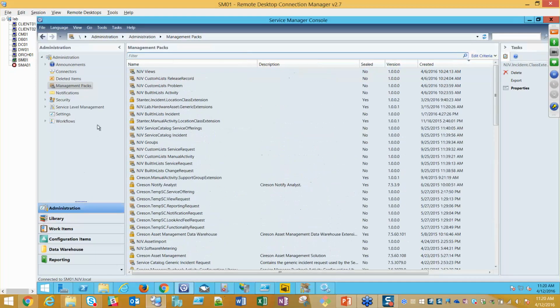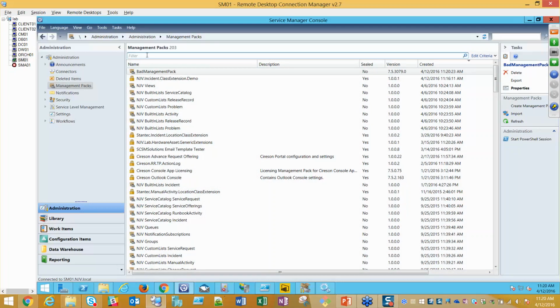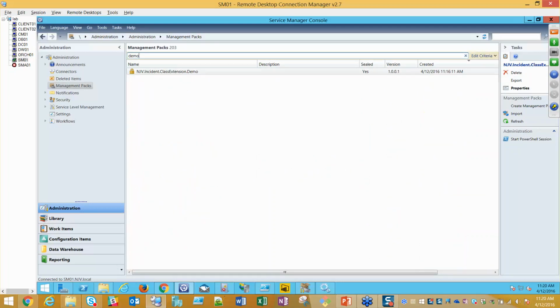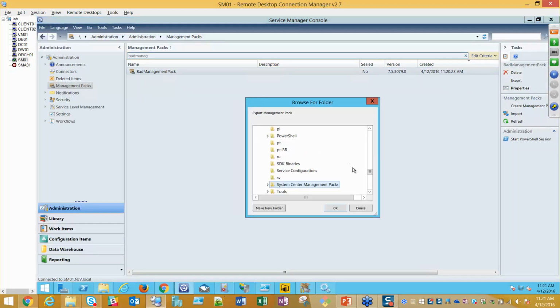And there's no big problem doing that, and if you've done that before, it's okay. It's just a bit messier. So if we take this management pack, and here's why creating it through the Service Manager console is kind of a no-no. If you export this management pack, and I'm going to export it right to the desktop,